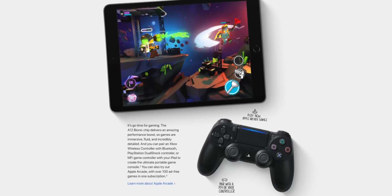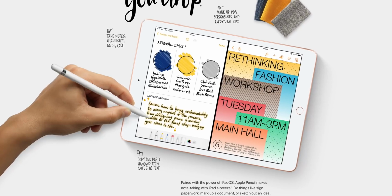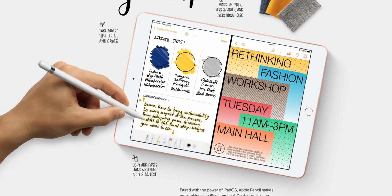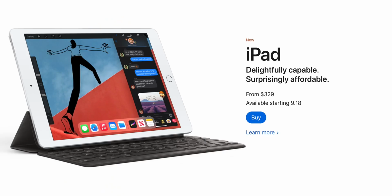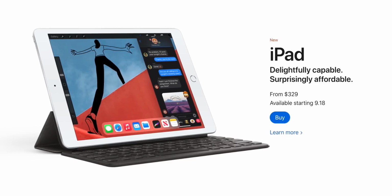hardware once again. They made a big deal about how iPadOS 14 will run very nicely on this tablet, and indeed it will. It's been running really great on my iPad mini and my iPad Air 3, which both have A12 processors. So yeah, the baseline iPad is now a more powerful and compelling machine to buy, especially for first-time Apple users. But now let's talk about the major iPad refresh, or maybe even the biggest product refresh of this